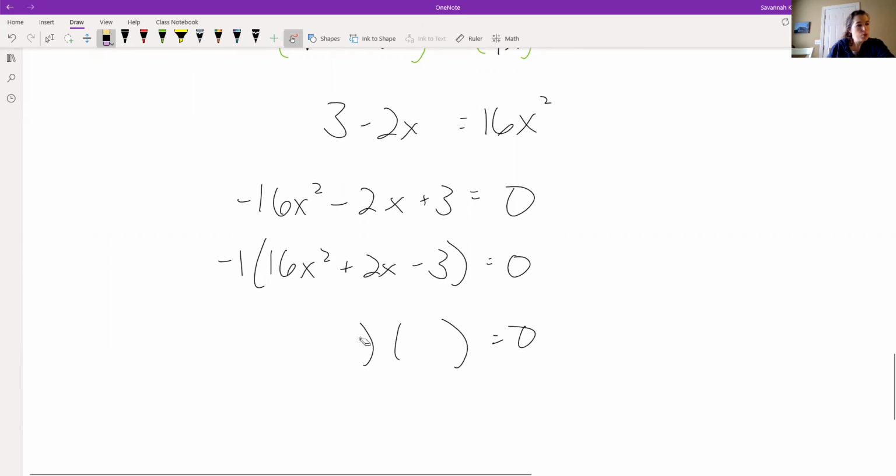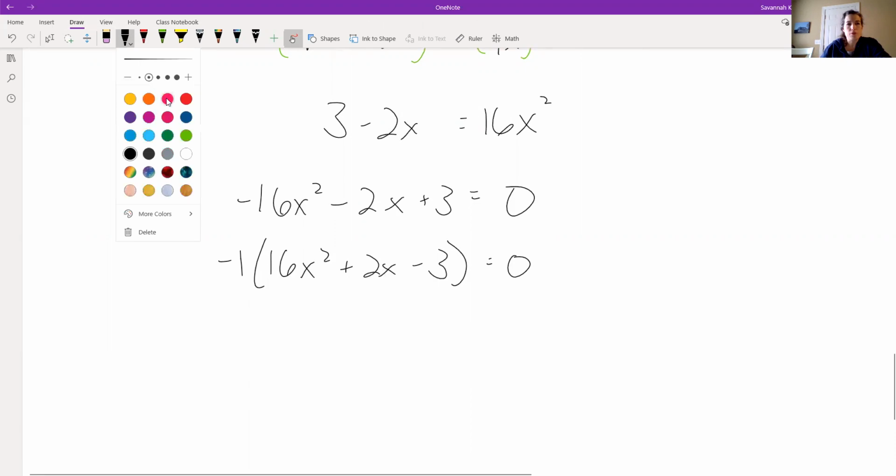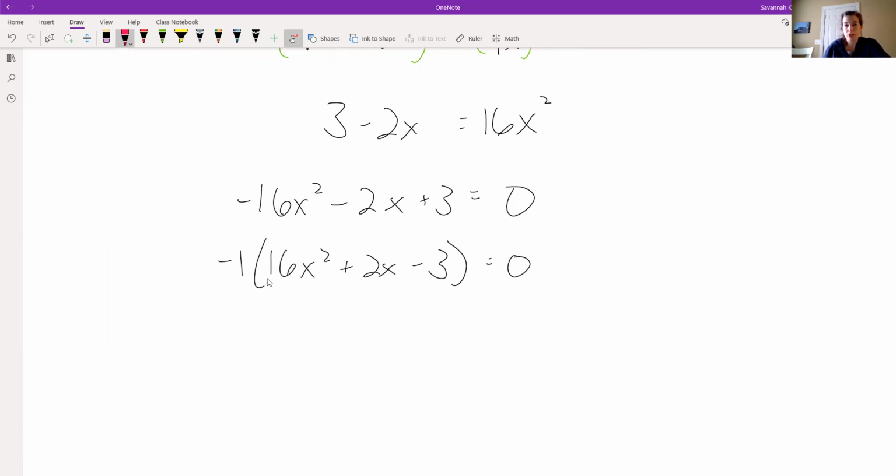So the way that I'm going to do that, because it's not anything convenient here, we just talked about the -1 was the only GCF I could get out. Let me take the 16 times the -3, and that's going to be a